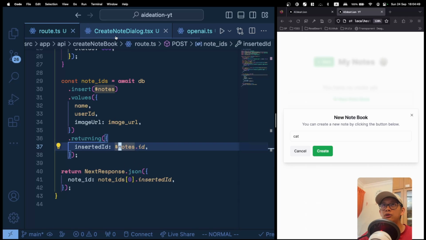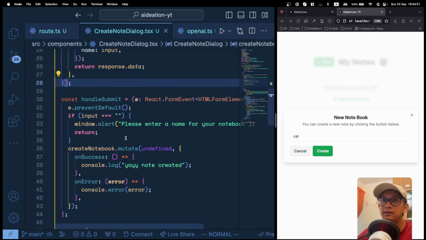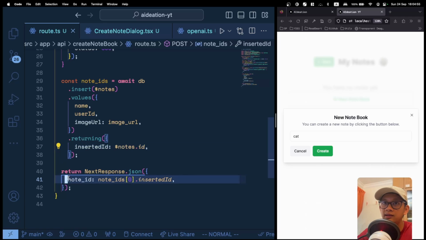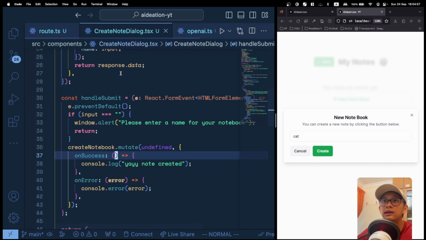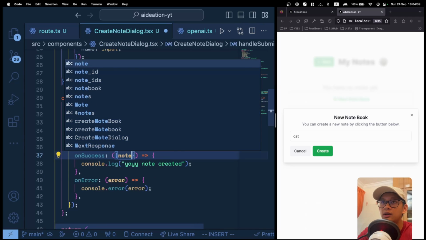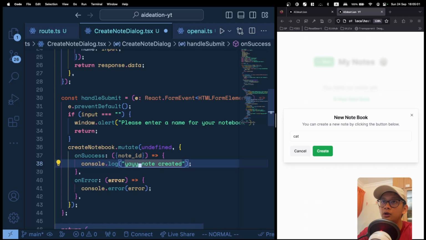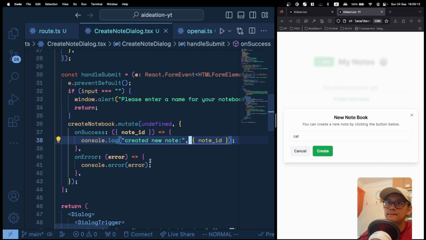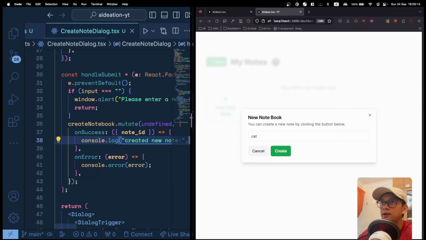So come back to your create node dialog. We can see that it's on success, right? If we succeed, we know that it's going to return us this object with this attribute called nodeID. So let's destructure this nodeID, and then we can just console.log it. I can say "created new node." Okay, so let's actually try it out. I'm going to open up the console here